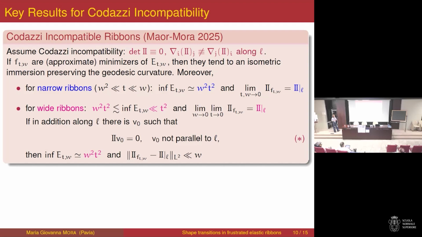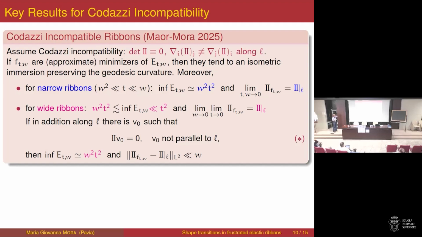So here I'm assuming the target curvature to have 0 determinant. So this is the Gauss equation. So 0 is always an eigenvalue of the target curvature. And so here the assumption is that, since 0 is an eigenvalue, there's always some eigenvector for the 0 eigenvalue. So the assumption is that along the midline, I can find an eigenvector for the 0 eigenvalue, which is never parallel to the midline. So this is the assumption. I'm going to comment a little bit more in the next slide on the meaning of this condition and